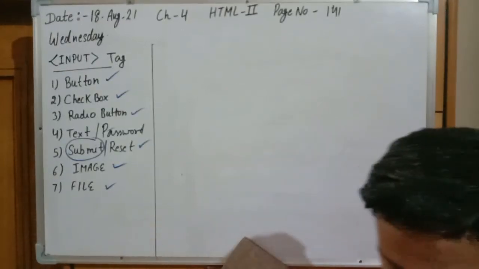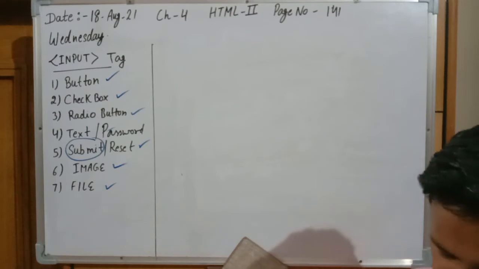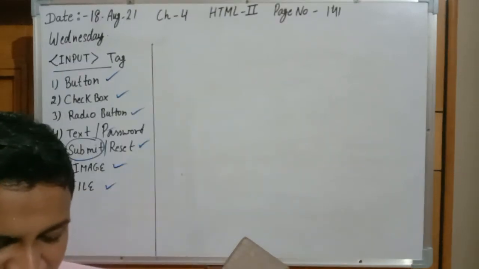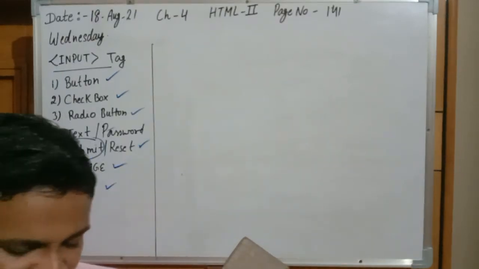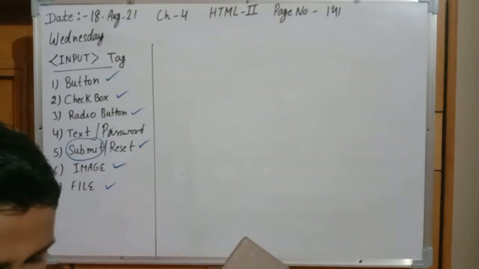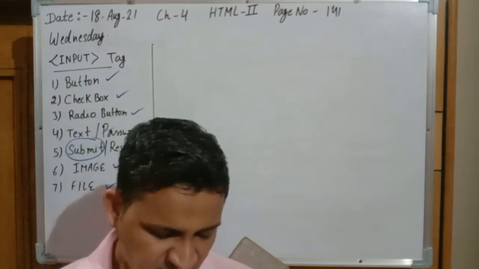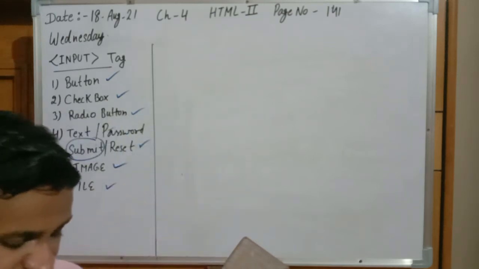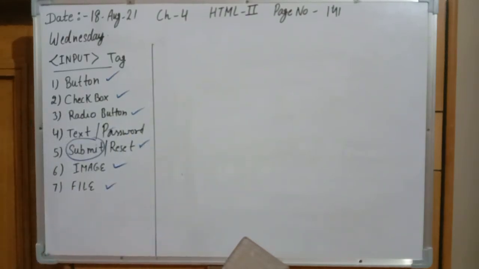So see on page number 143. They have written one heading, submit the form. Afterward form method is equal to post. Action they have written, action is equal to mailto. Where will it go? It will go to class@gmail.com. After that they made one paragraph. In the paragraph they have written name and input type is equal to text. It means name will be written and they have designed one text box. In that text box they will write the name, the size is 20, and the name of the first text box is T1.